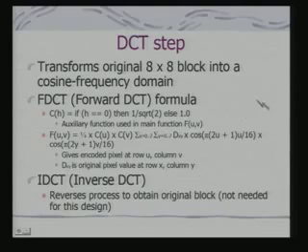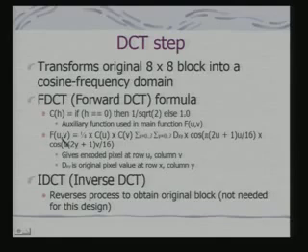So, how is the DCT done? DCT is basically transforming the data from the spatial domain to the frequency domain. For each 8 cross 8 block, we apply the forward discrete cosine transform. The expression for the discrete cosine transform is this. Here d(x,y) corresponds to the pixel value, and what you get after transformation is F(u,v), which corresponds to the frequency domain representation. Each of these elements is obtained over the entire 8 cross 8 block.